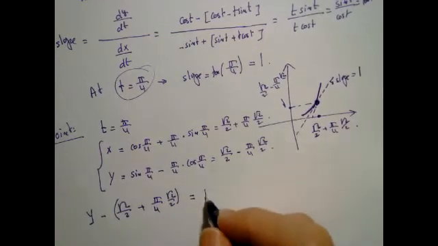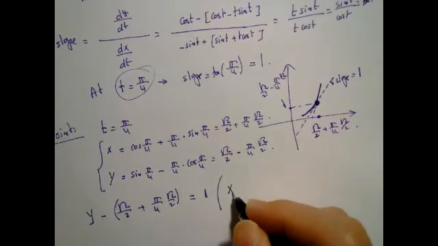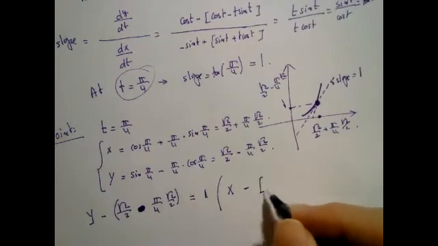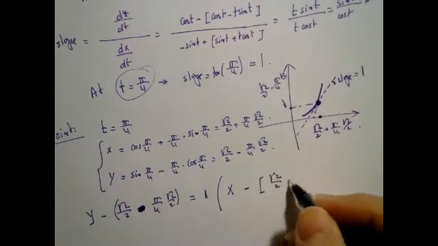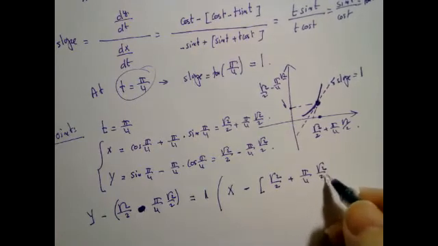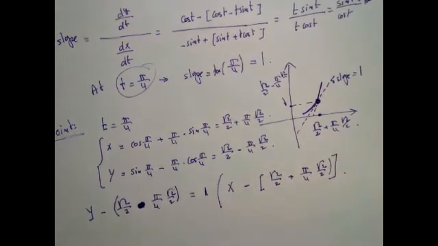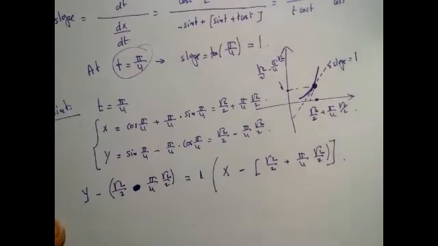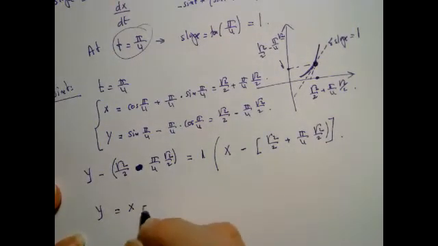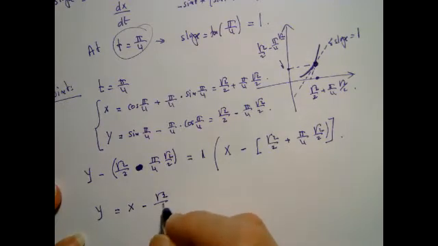Equal 1, which is the slope, x, sorry, this is a minus in here, x minus square root of 2 over 2 plus pi over 4, the square root of 2 over 2. Okay, now I can simplify because I think we can simplify. I will have x minus